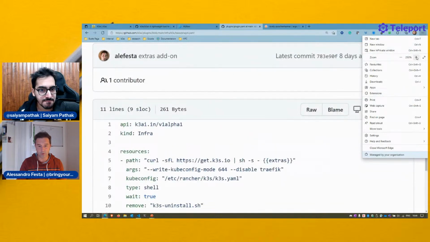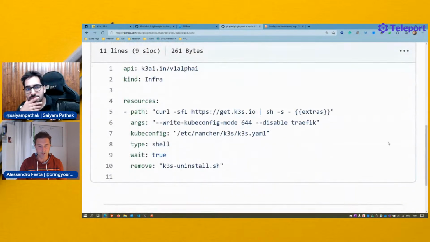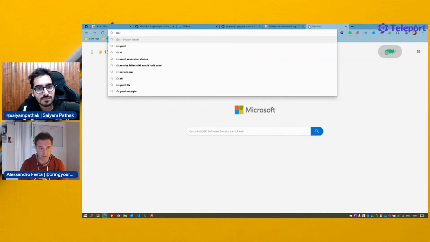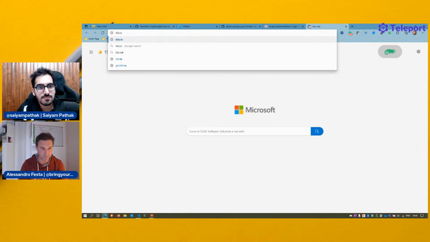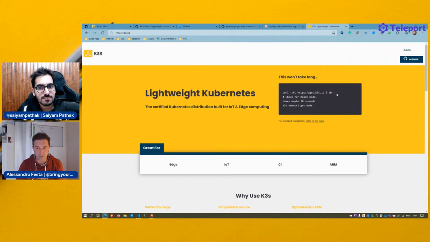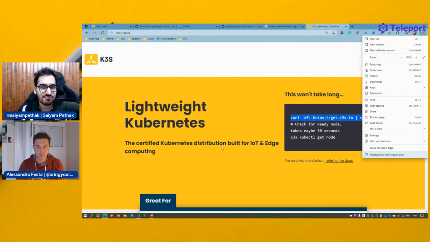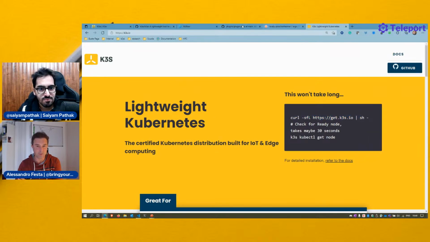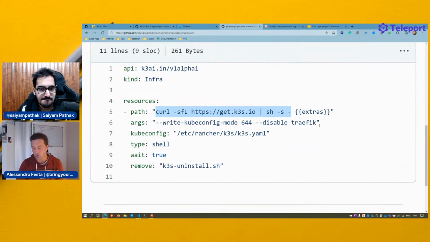And here's where you can perceive the value of the args. This is the standard way to install K3s as per the K3s documentation, and it will give you this k3s.io, if I remember right. This is exactly the same command. Now, if I go through the K3s documentation, I will find there's a bunch of amazing flags that I can run it with. These are the args. You can put there all the args of K3s, and I will take care of them.